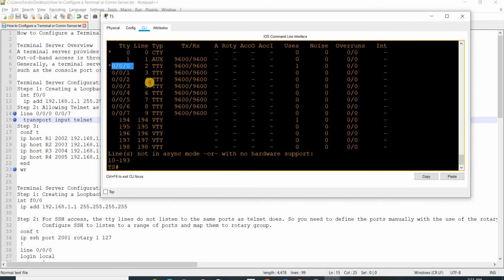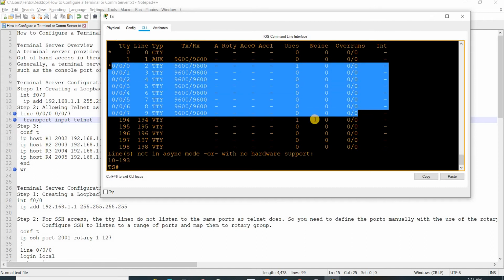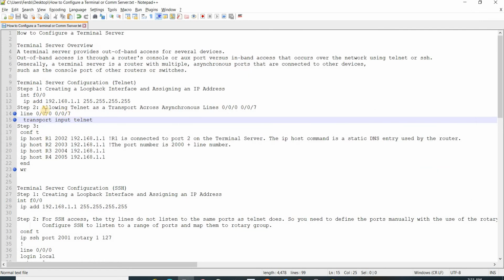These are the asynchronous lines. Allowing Telnet as a transport across asynchronous lines. Yeah, that is correct. And basically step 3 is I configured